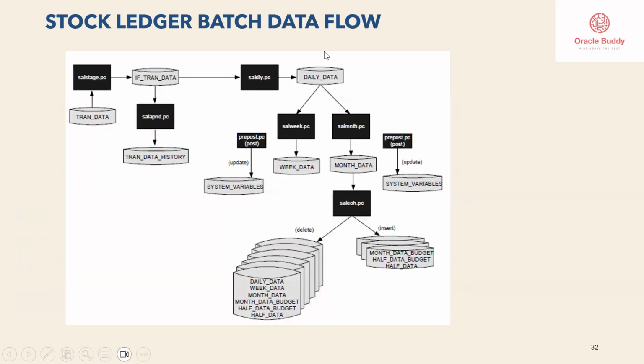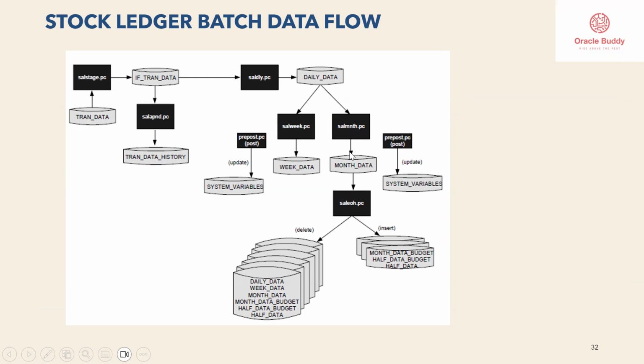So this is the pictorial diagram of the batch. SAL stage will pick the data from trend data and post it into IF trend data. Then SAL daily will pick up the data from IF trend data and post it into daily data. Then SAL append will run, which will pick the data from IF trend data and post it into trend data history. From daily data, SAL week and SAL month both pick the data. SAL week will roll up based on the week, and SAL month will roll up as per the month data